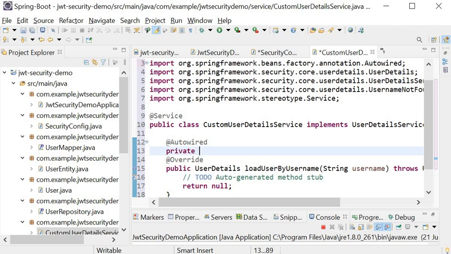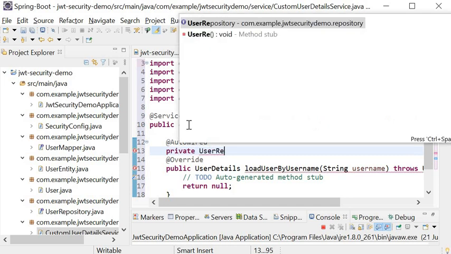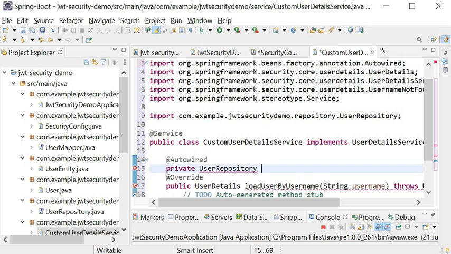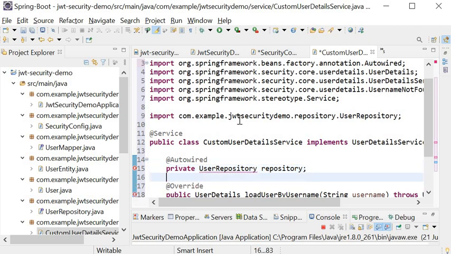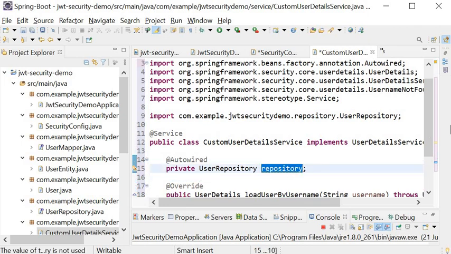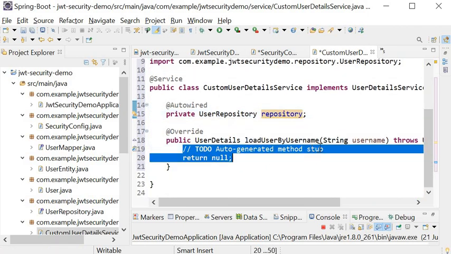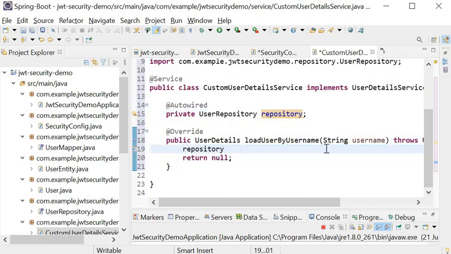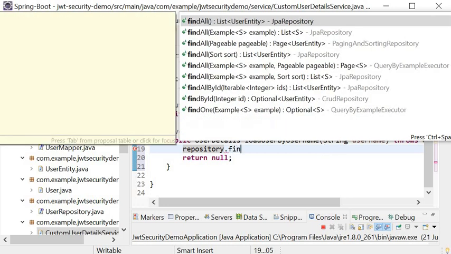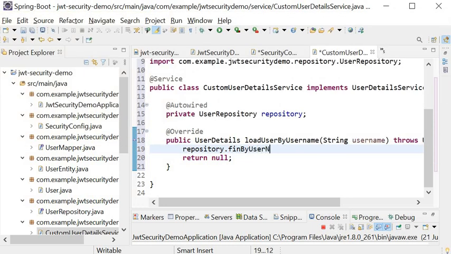So here I will inject the user repository, and I will call the function findByUsername from the user repository. I will call the userRepository.findByUsername function and pass the parameter as username.